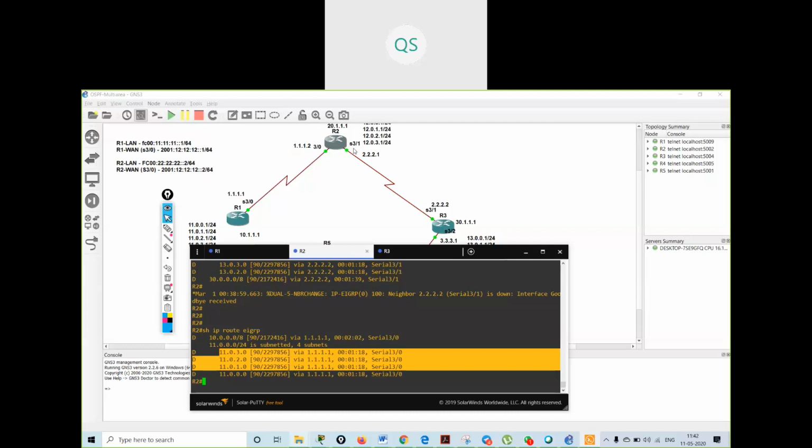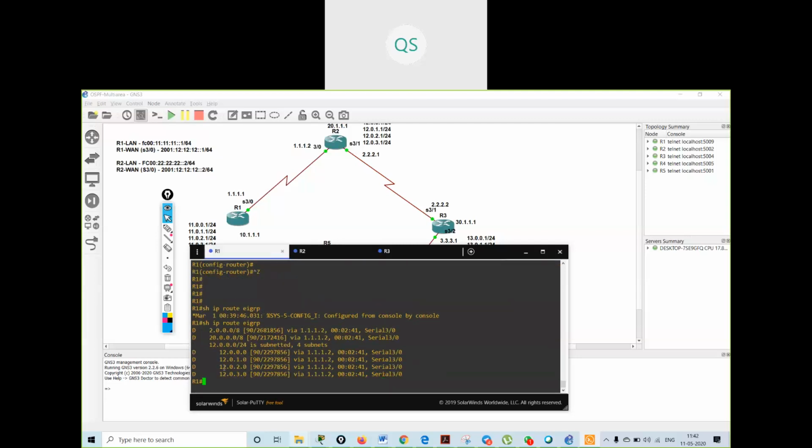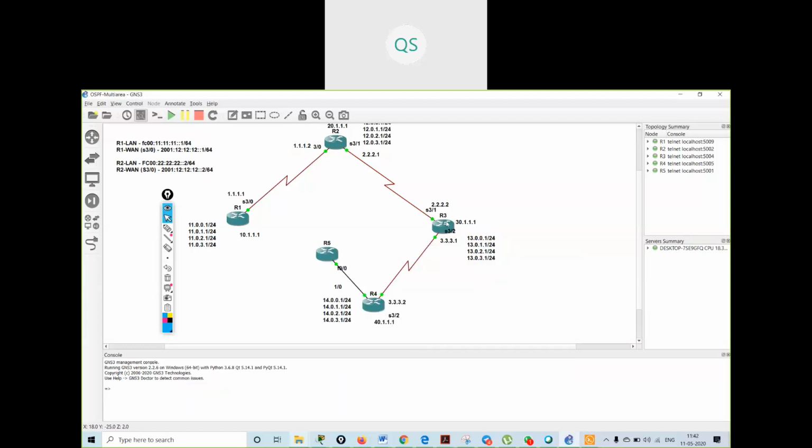R1 and R2 will have the neighborship. On R1, if you give show ip route eigrp, I can only see R2's network. I cannot see R3's network because R3 is not sending any hello packets, so it will not have any routes in the routing table.